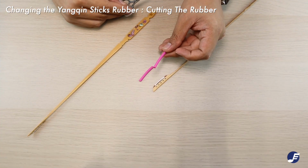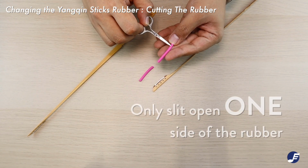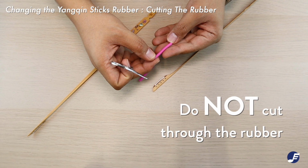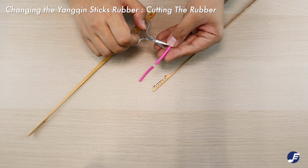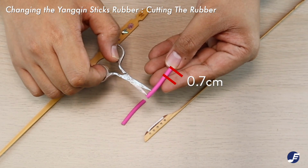Next, we need to determine how much to slit the rubber tube. Please take note, we'll only need to slit open one side of the rubber. We do not cut through the rubber, we're simply making an opening. So, how much do we need to cut? I did a quick measurement, and on one end, I'll leave about 0.7 centimeter, and on the other end, about